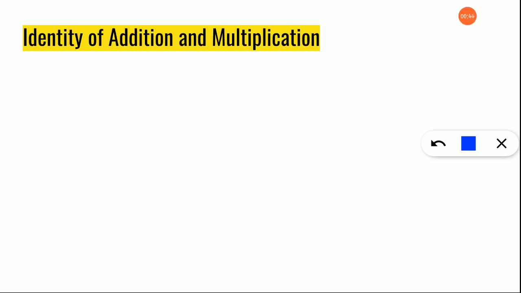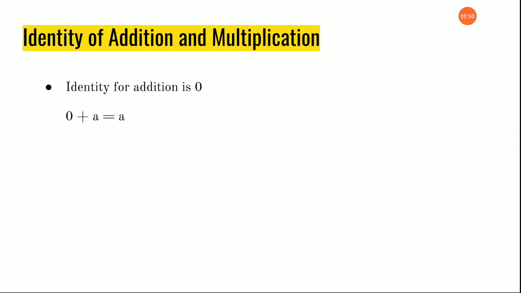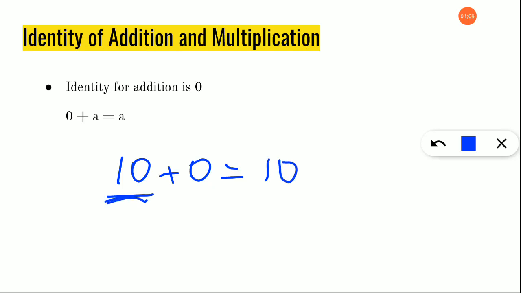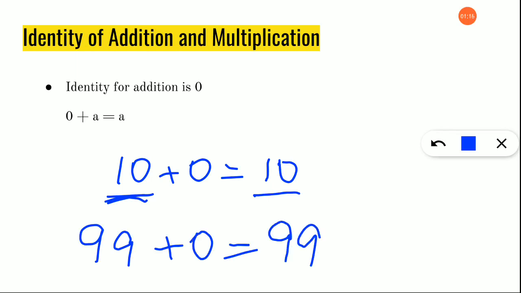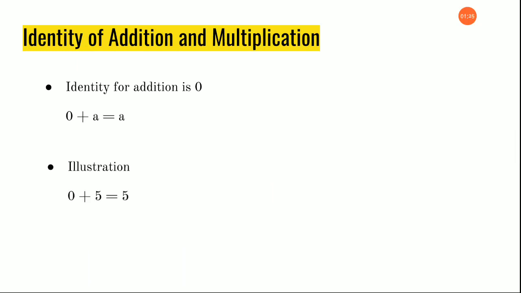Okay, same way, here we are going to use this identification in addition. That is, when you are adding 0 with a number, the number will always be the same. Suppose, if you are adding 0 with 10, what will be the answer? It will be 10 only. This identification of 10 will never be lost at any cost. Okay. Same way, you can take even 99 and then you are adding 0 with it. What will be the answer? The answer will be 99 only. The identification of this 99 will never be lost. It is clear for identity now? Next, this is how it is illustrated.